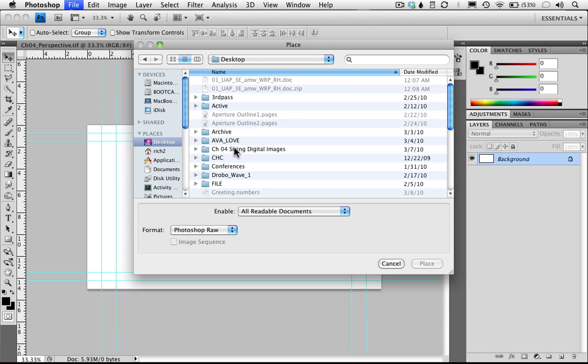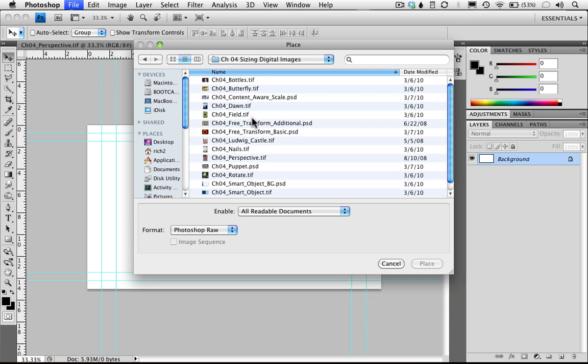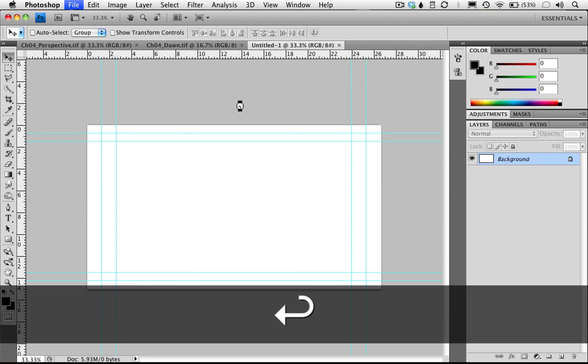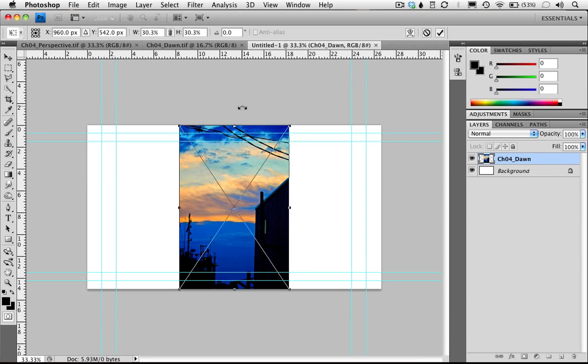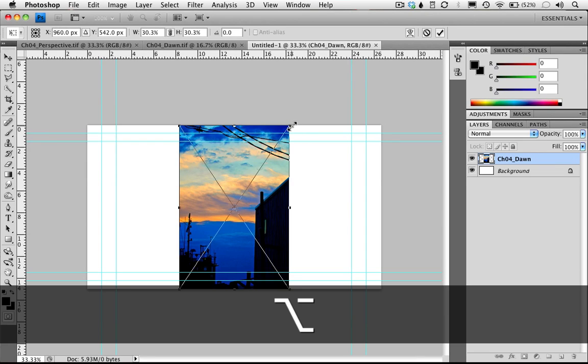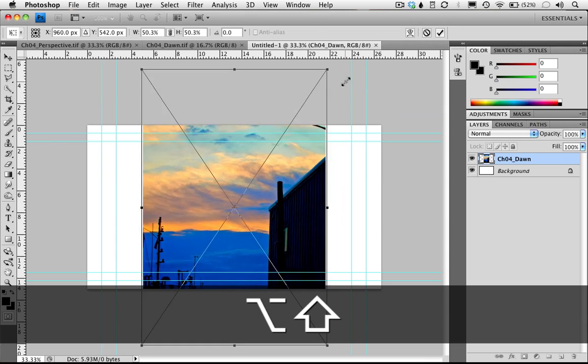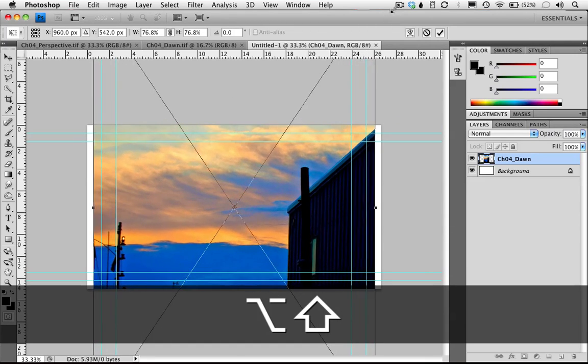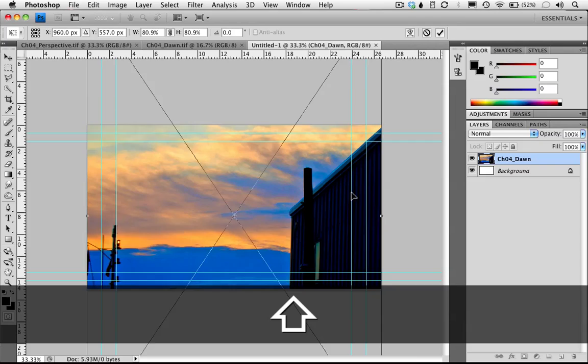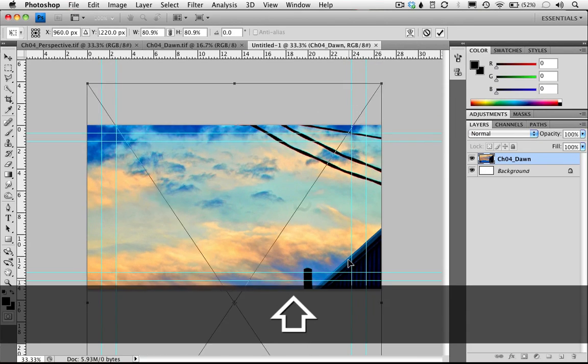And I'm just going to go ahead and grab that picture. I select it and click Place. Now the image is automatically added to my canvas and it's scaled down to fit. I could hold down Shift and Option, and as I drag, it will scale equally in all directions. So we could scale that up and position it how we want, find the portion of the image that we